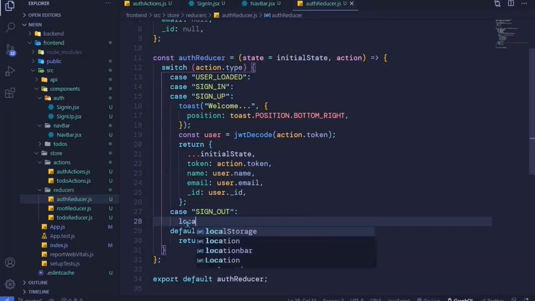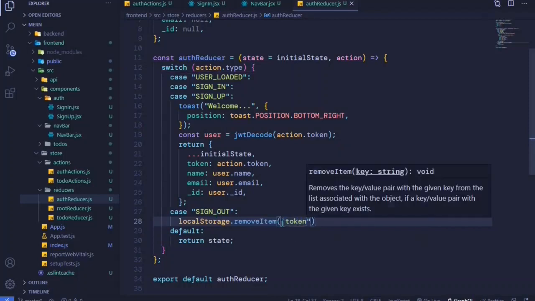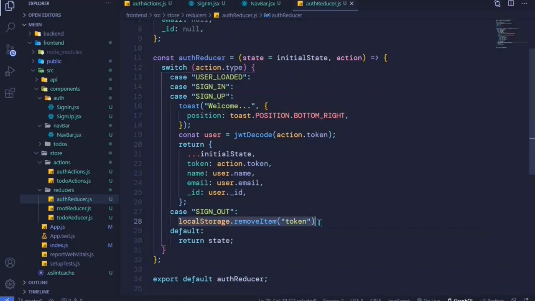So right here I'll simply say local storage dot remove item, and then I pass in the key for our item, which is token. So this will remove that token from the local storage,